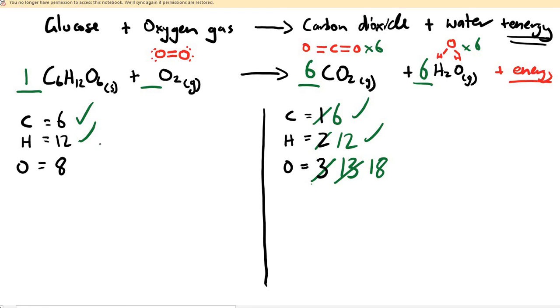So let's have a look here. We've got 6 there. So if we put a 6 in front, how does that go? 6 times 2 is 12, plus another 6 is 18. And have a look at that. We're balanced. So putting a 6 in front of that oxygen means we have 6 oxygen molecules, that's hard to say,